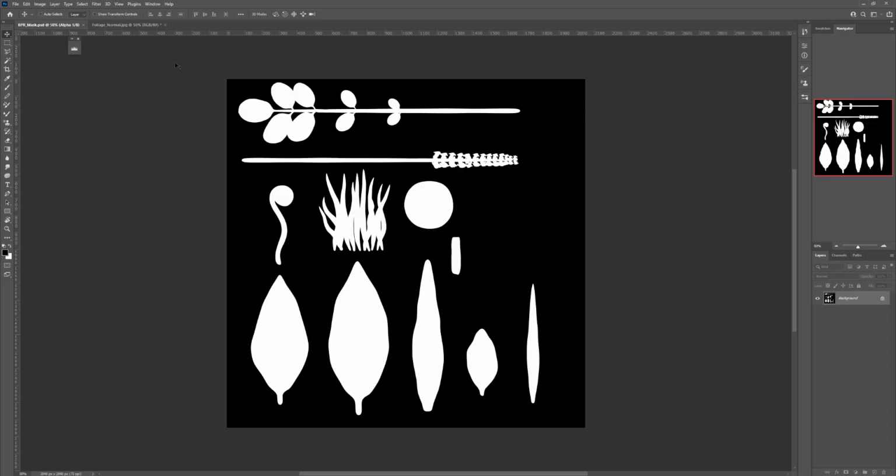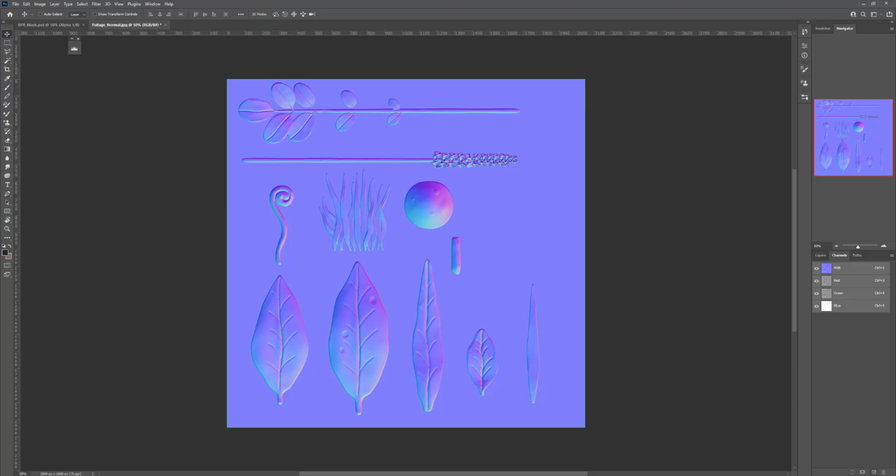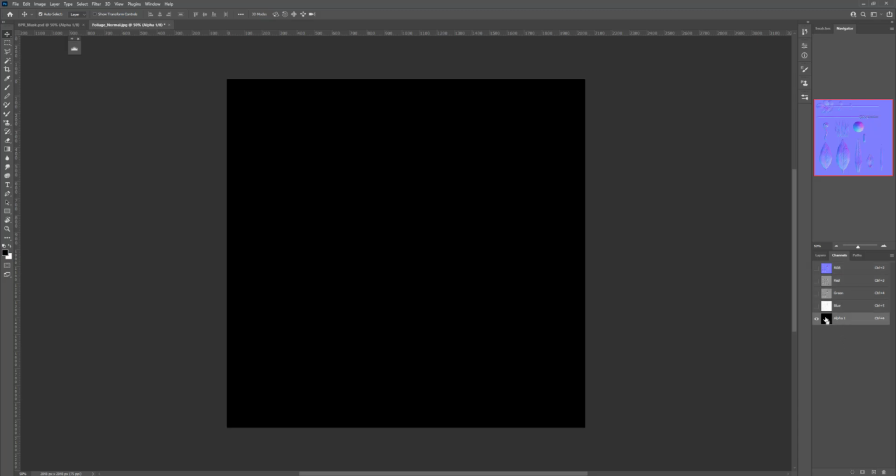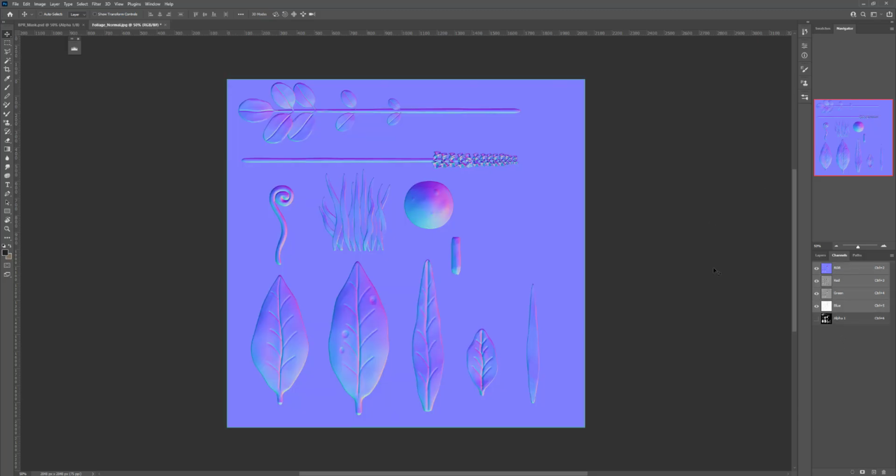And let's go ahead and take our BPR mask, Control A, Control C, and create a new alpha channel, and paste that mask into our map here. Okay, so now that that is all done, what we can go ahead and do is create a new